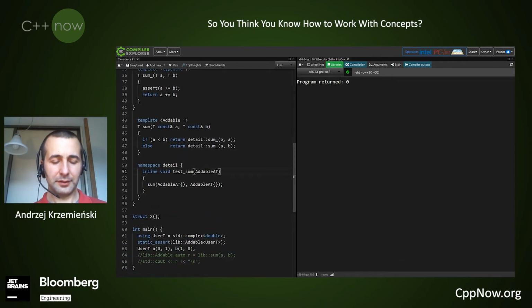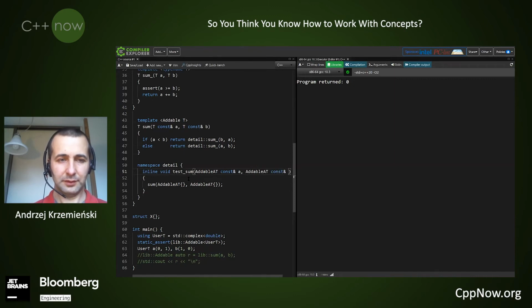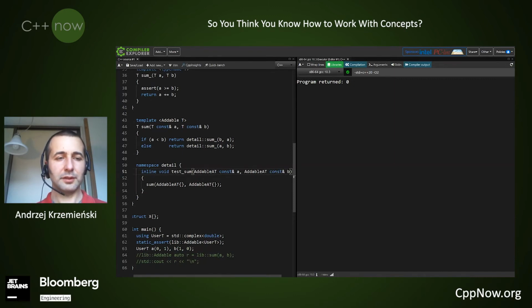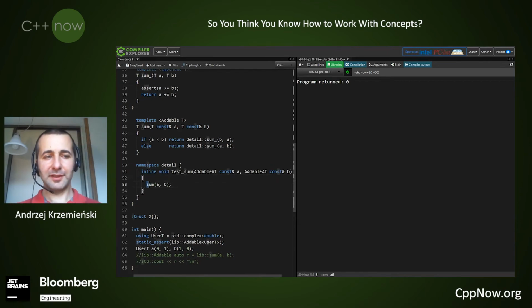Let's do it here. Now we will never call this function actually. This function is just to be there, to be compiled, and it will trigger the instantiation of our algorithm. But no one will ever call it. So no one will ever initialize those parameters. So we don't really need any construction here.